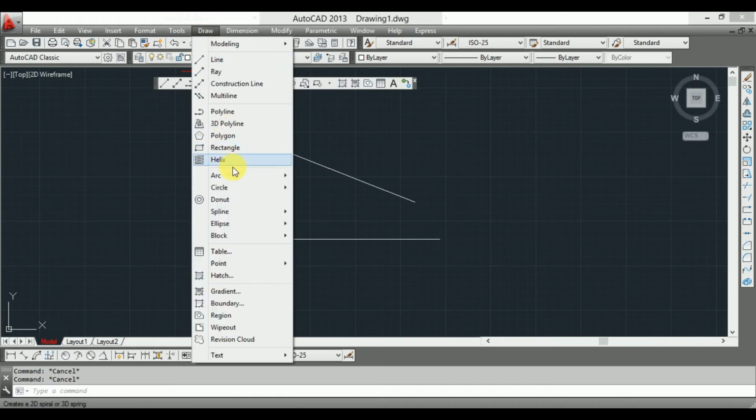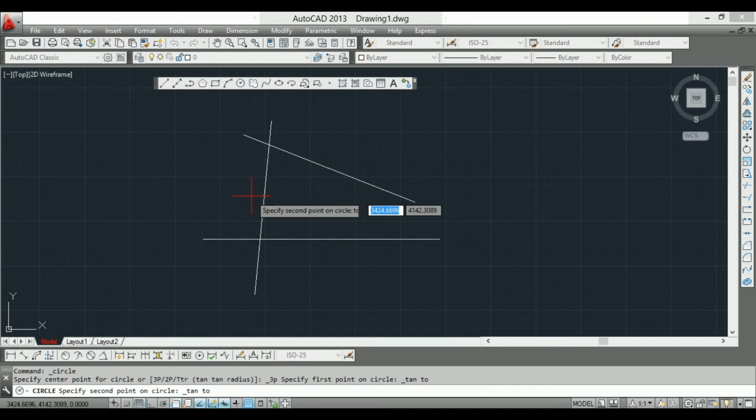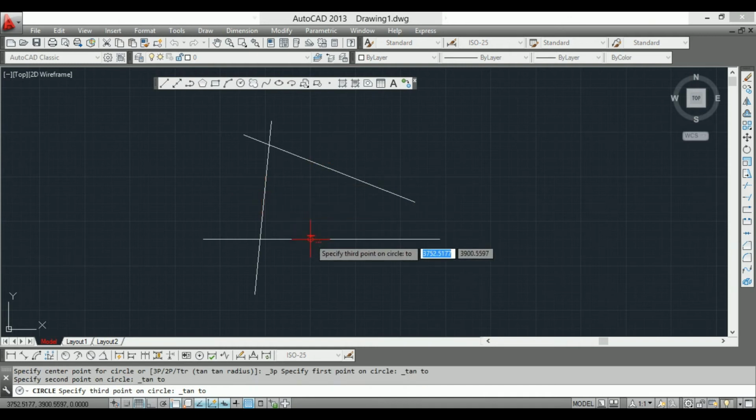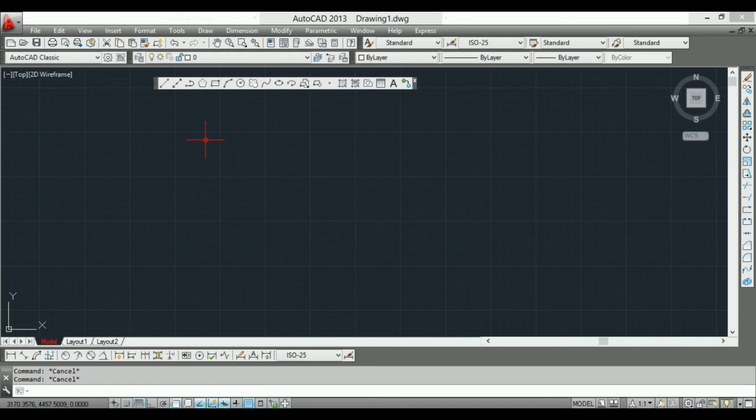So draw a circle with tangent, tangent, and then click on the other. You can see this circle goes through the tangents of the 3 lines. Guys, this circle command has been completed.